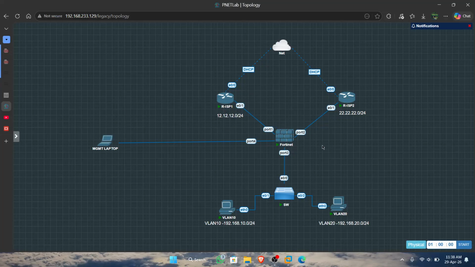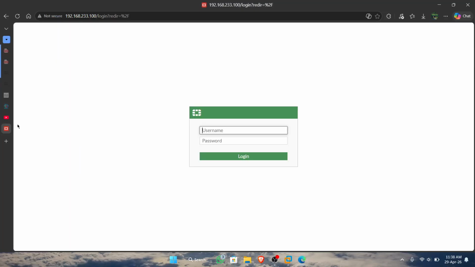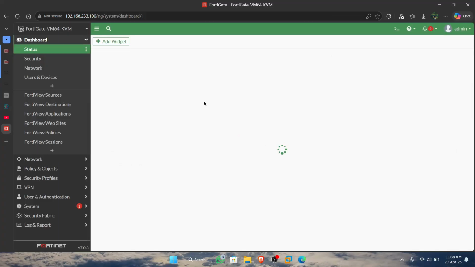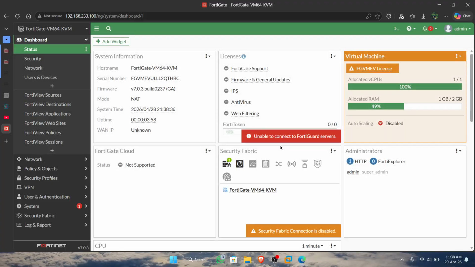Okay, so the first step is we enter the FortiGate GUI and log in.